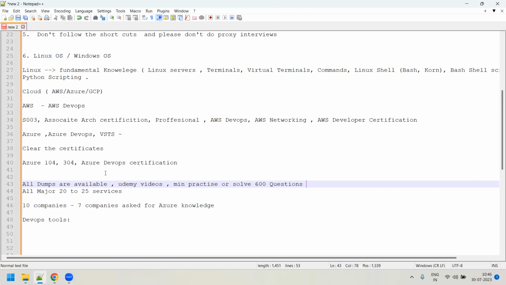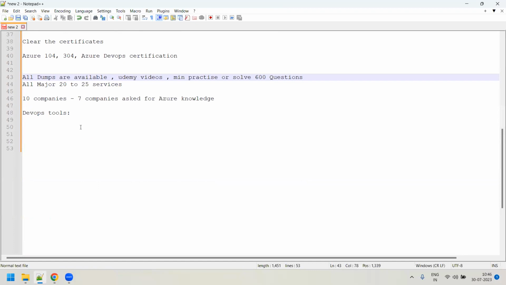Clear? Okay. Now that this is done, guys, the last part is the DevOps tools. The very important question, sir, is how many DevOps tools are there? In the real world, there are n number of tools. If you count, I would say there are 100+ tools. Do you think we can learn all the 100+ tools? No, sir. In our whole life, we cannot learn all the tools, and it is practically impossible.